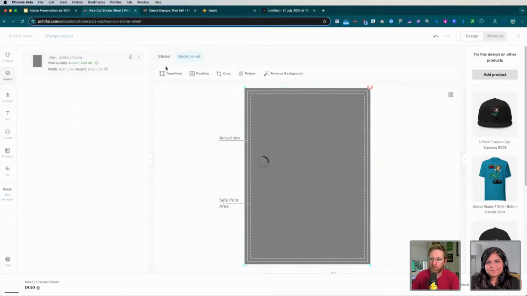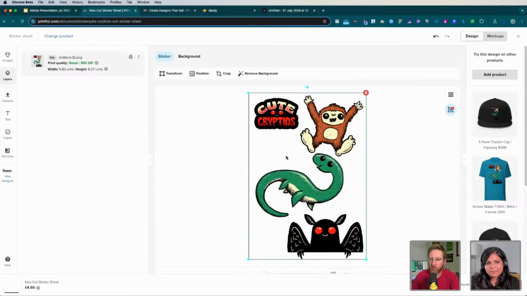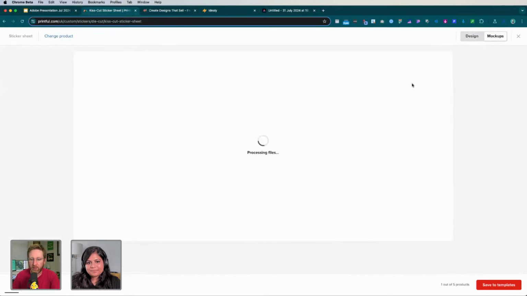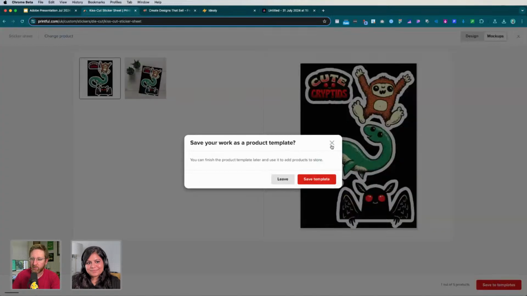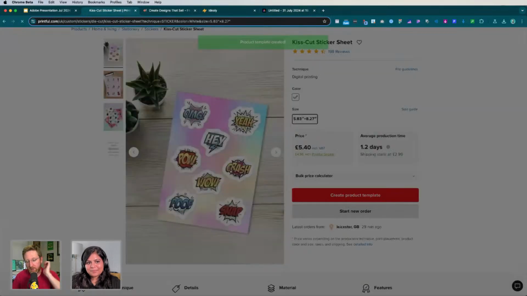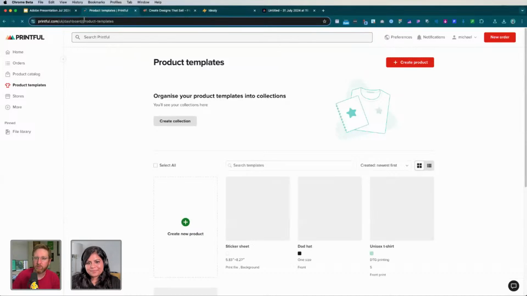So your design, your sticker layer, is going to all be traced around for the stickers, so that they can be cut out and they're going to be easily peelable off the sticker sheet. So that's just another nice, cheap little product you can make. And you could throw those in as freebies, or you can save them and offer them as a product as well.